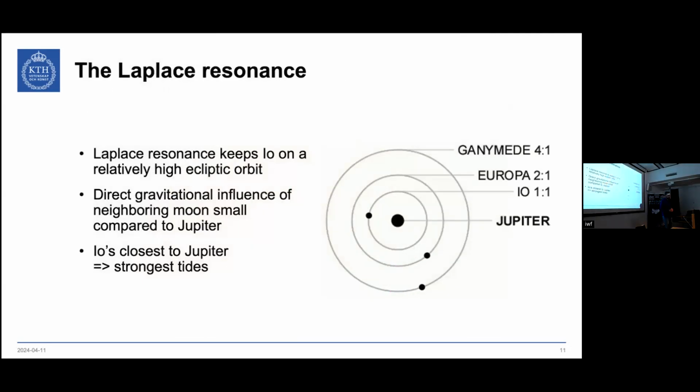So where does it come from? This goes back to the Laplace resonance, so the 3 innermost, not Callisto, at least not in direct resonance. The 3 innermost of the 4 satellites have an orbital resonance. So whenever Io orbits 4 times, Europa does 2 times, and Ganymede 1 time, which means they are aligned every orbit of Europa on different sides of the planet. And this fact keeps all of them on a